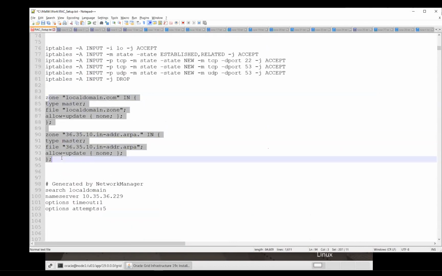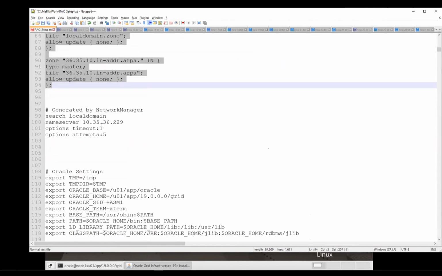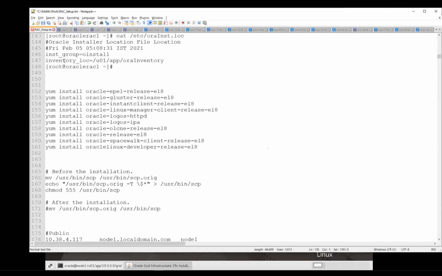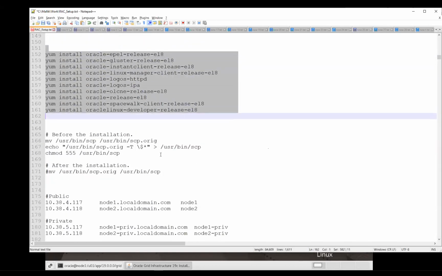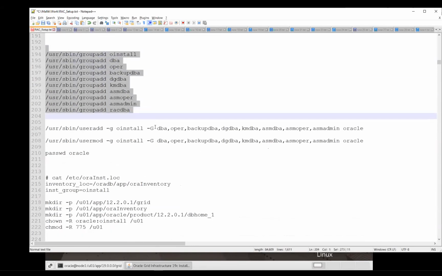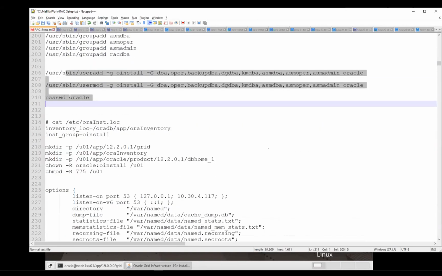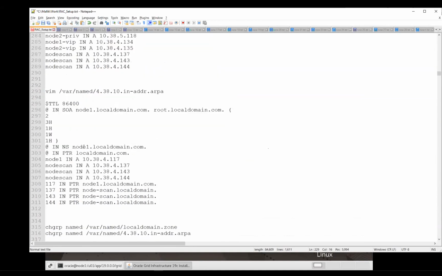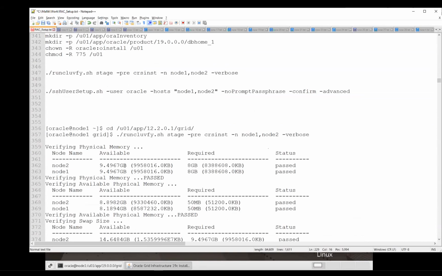How you can set up your forward zone and reverse zone, how you can create users and directories, how you can install all the RPMs, and then how you can add your groups and create users. I did the setup this morning, and then I did all this patching.